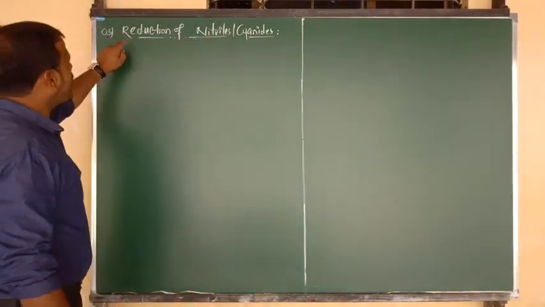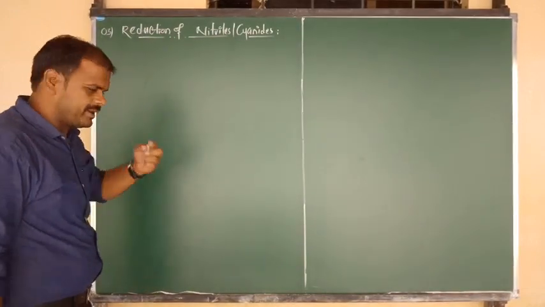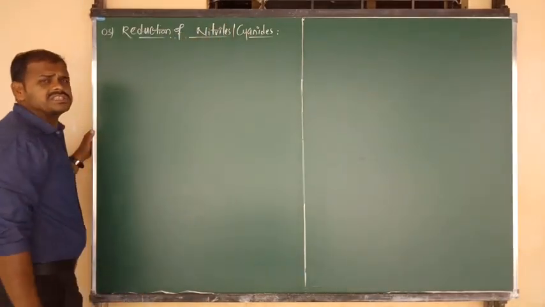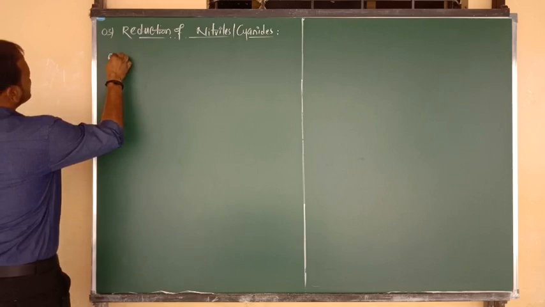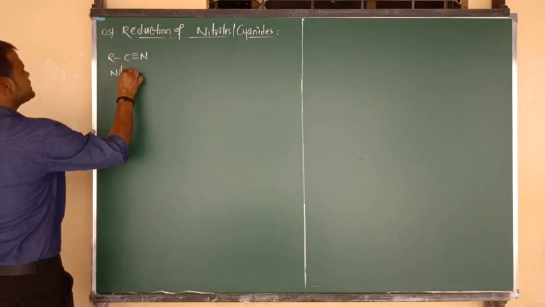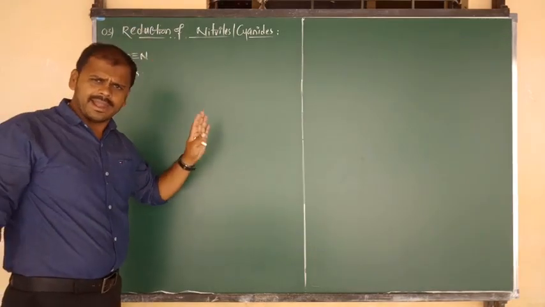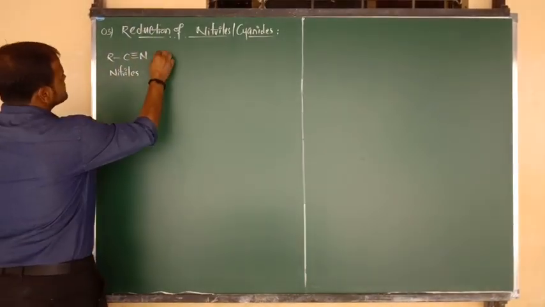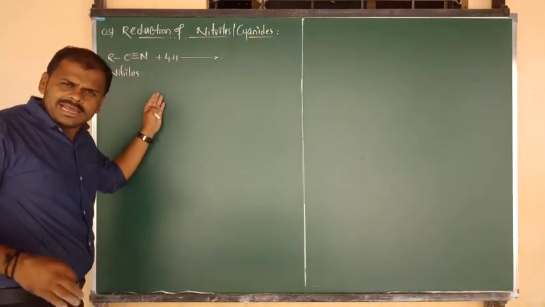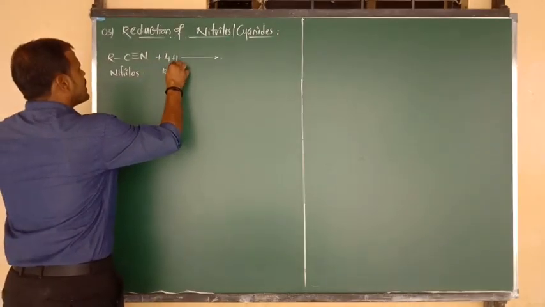Okay, good. Third one: reduction of nitriles, or what we can say are known as cyanides. The statement I am going to give you directly in the form of a reaction. Nitriles or cyanides. What is the general formula of cyanide? R bonded to C triple bond N. This is the formula of nitriles, and also we can say cyanides. Here I have written a clear heading, that is reduction. 100% we have to add 4 moles of hydrogen atoms. So nitriles or cyanides undergo reduction. Reduction means what? Addition of hydrogen.